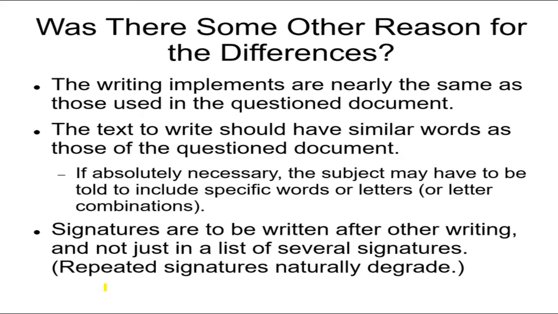So if we ask for them to write a person's name, we will ask them to write, let's say, a paragraph, like after dictating a paragraph in a book, then ask them to write the suspected signature, and we want to see if it's this person. But we don't ask them to do it 20 times. It's true that we want the person to